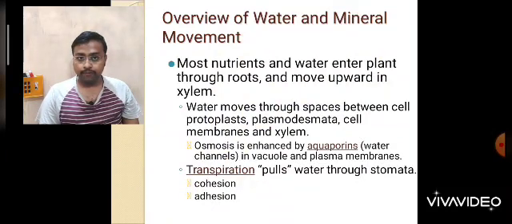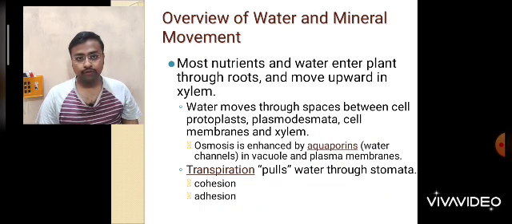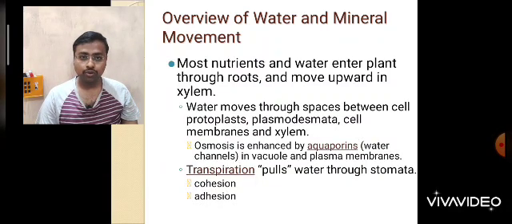So before transporting the substances to the different parts of the plants, the nutrients, water and minerals must first be absorbed, and as we know, absorption takes place in roots. Roots are involved in the absorption of nutrients, minerals and water, and that's why the extrusions of roots, which are also called root hairs, increase the surface area of the root and absorb the nutrients, water and minerals,